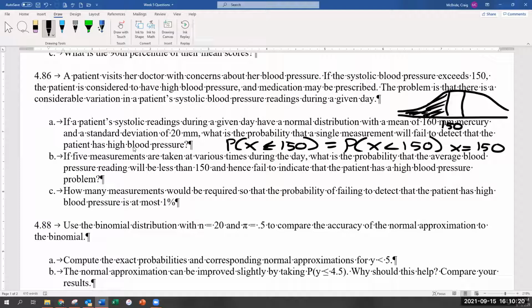Whether it's a normal CDF, a binomial CDF, the F distributions, all these things, if you calculate a CDF on them, it will always be the cumulative distribution function, which means it always goes that number and less, that number and below, that number and to the left, however you want to think of it. They all mean the same thing. And so for this question, because we want everything less than 150,